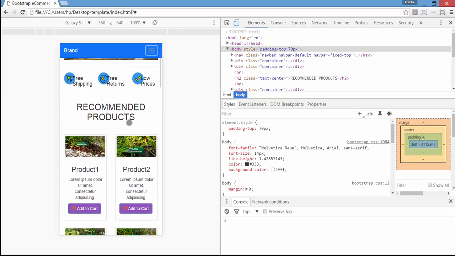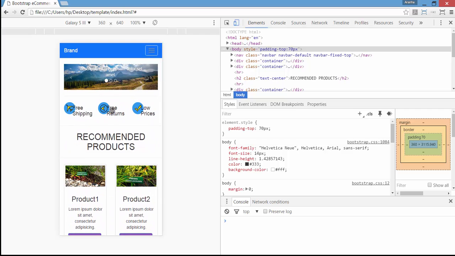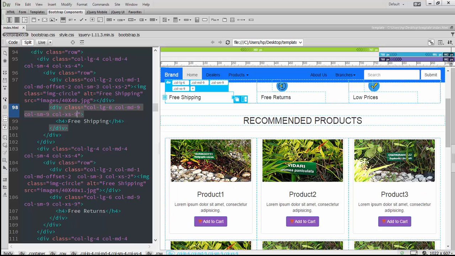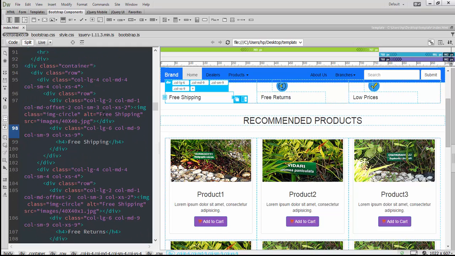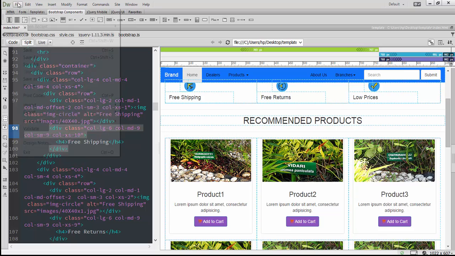But the only thing in Galaxy S3, you will find the image and the text are very close to each other. So we need to correct that. In 360, we want to bring this text down and keep the image on top. So do that. Let's come to the HTML here, and you can see that for the image, it is given column XS2. Instead of 2, let's make it XS1, one column for the image, and for the text, let's increase it to 10 columns. Instead of 9, let's make it 10,